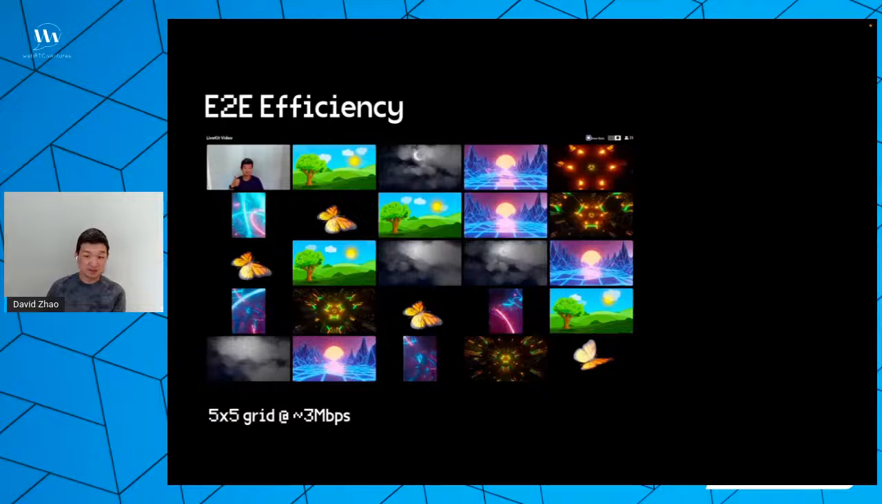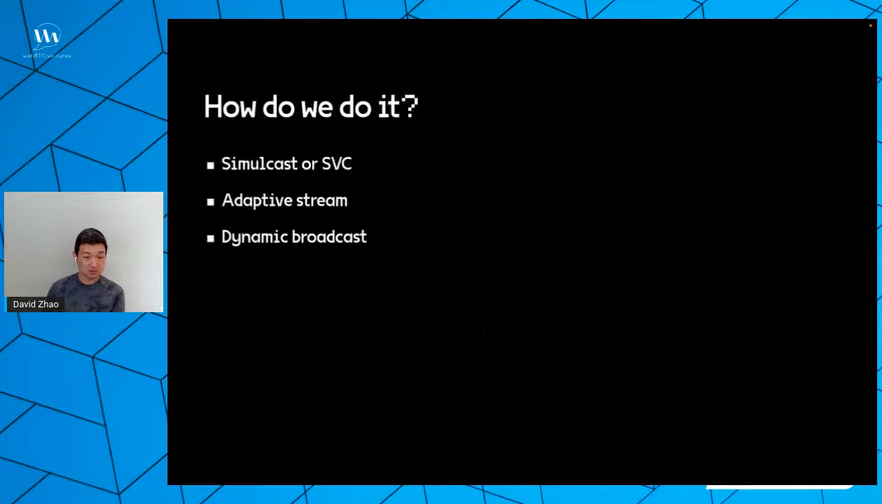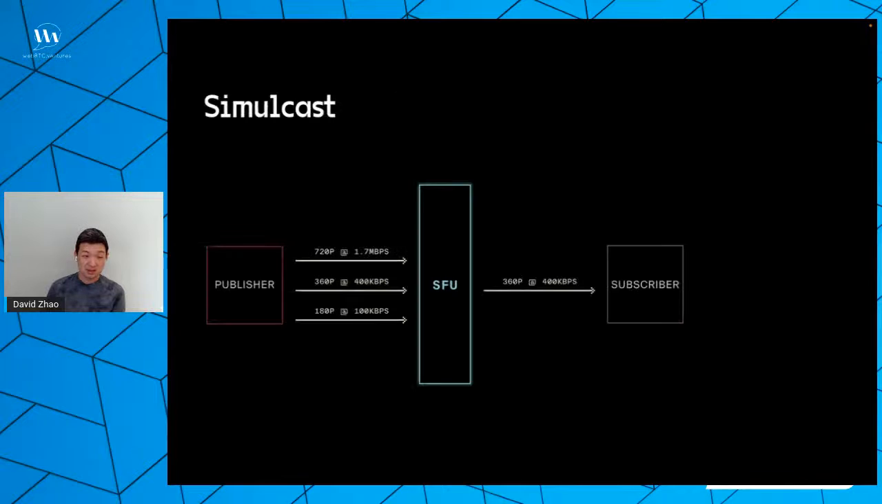So let's talk about how we did it, right? Like what set of technologies are involved and how do we accomplish this? There are 3 things that were used, and I'll go through each of them: simulcast, adaptive stream, and dynamic broadcast. So simulcast, I think a lot of you in the audience are familiar with this, where essentially every